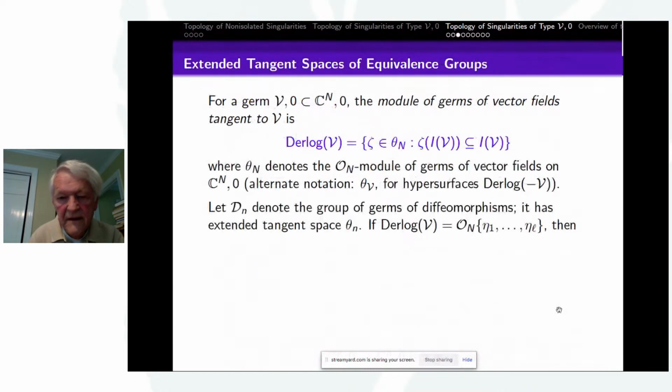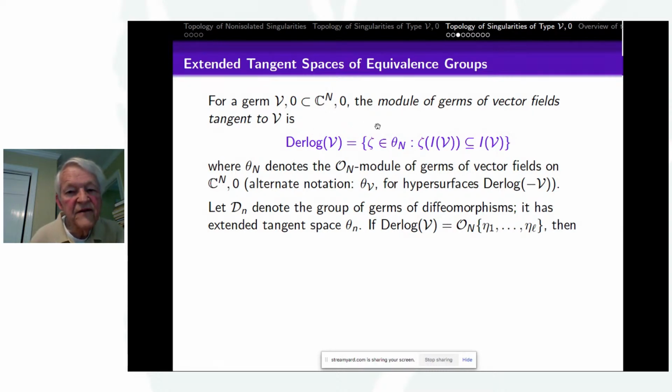Okay, so with these equivalence groups, when you have R or A or K, you have their tangent spaces, the deformation tangent spaces, which are sometimes referred to as the extended tangent spaces of these groups. We can do the same thing for these equivalence groups here. The crucial thing that comes in for this V is the module of germs of vector fields tangent to V, which